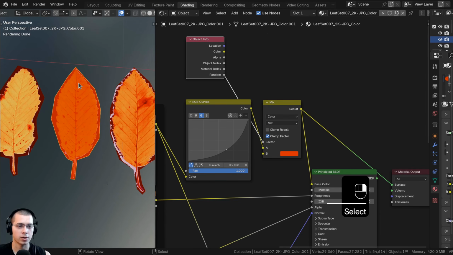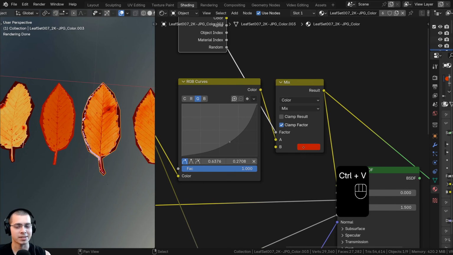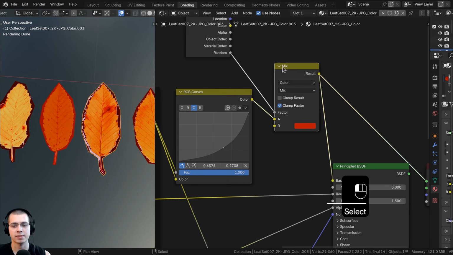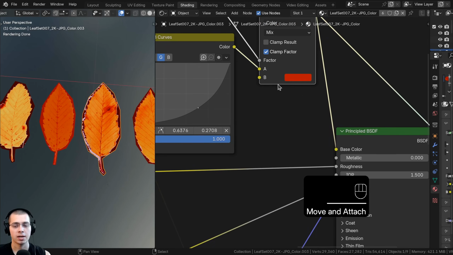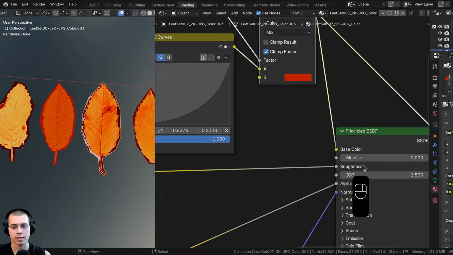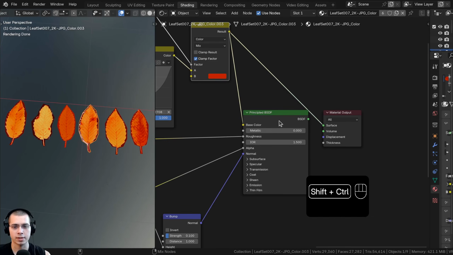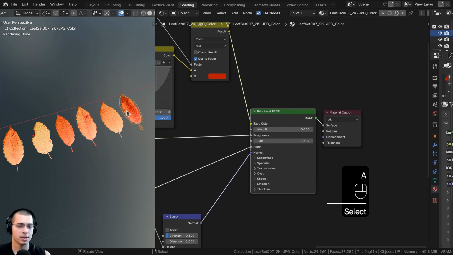So like this one is more yellow, this one is super red, and this one is kind of in the middle. And if you want to use the same exact color I'm using, you can use the same hex value. So on this mix color, color B is going to be a hex value of BA1900. So you can punch that into the hex value if you want to use the same color that I'm using. So let's Ctrl Shift select the principled shader now,